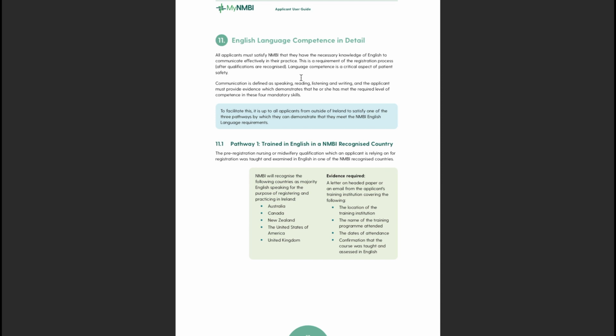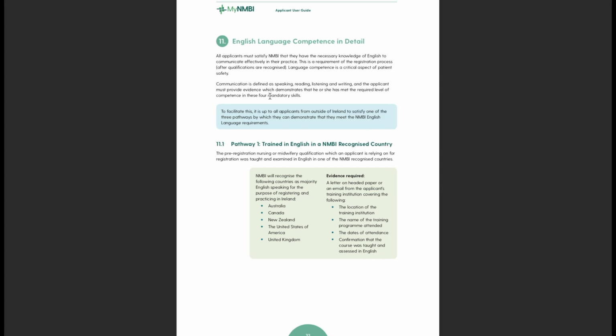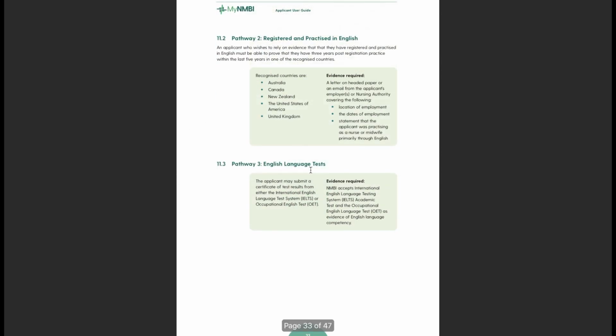Katulad nga nung sinabi ko kanina. Communication is defined as speaking, reading, listening, and writing, and the applicant must provide evidence which demonstrates that he or she has met the required level of competence in these 4 mandatory skills. So, ang overseas applicants like us Filipinos, we need to follow pathway number 3, kung saan we need to